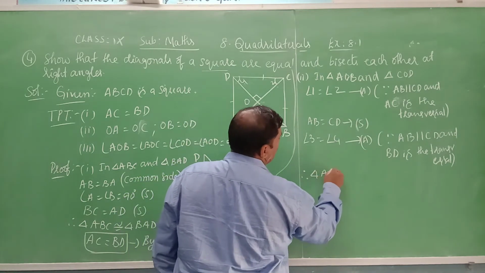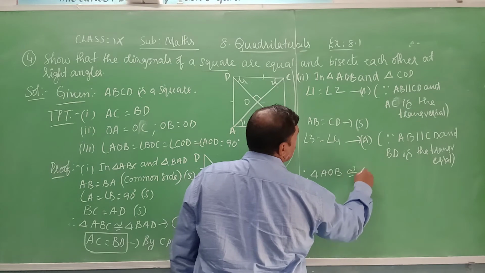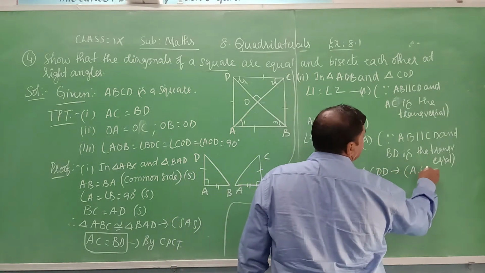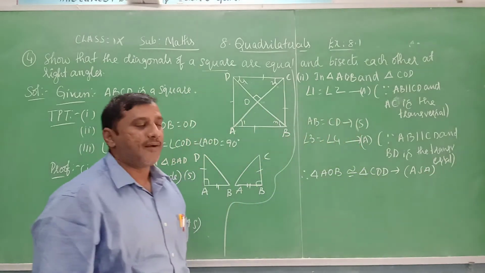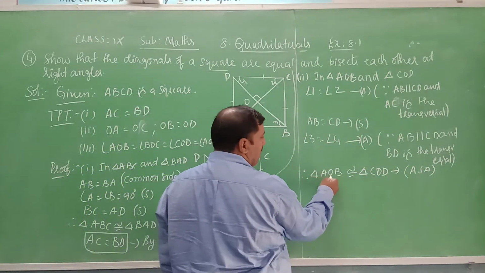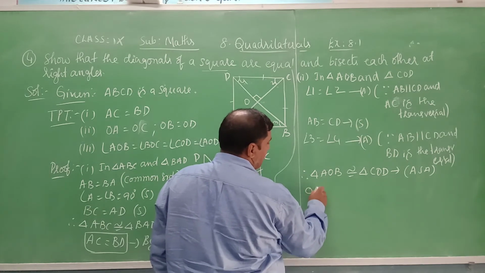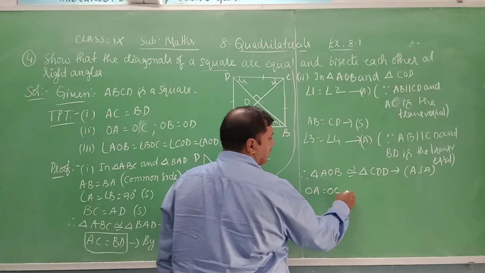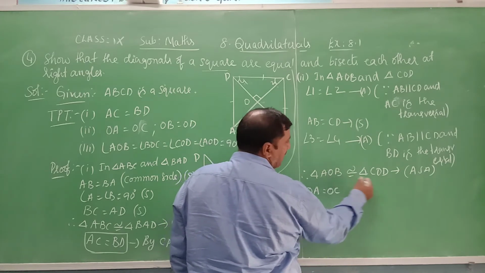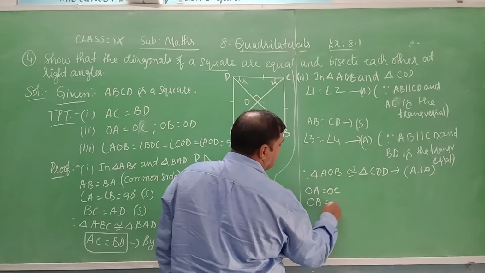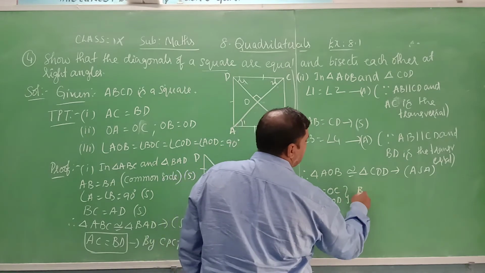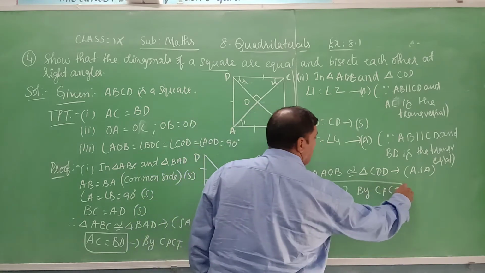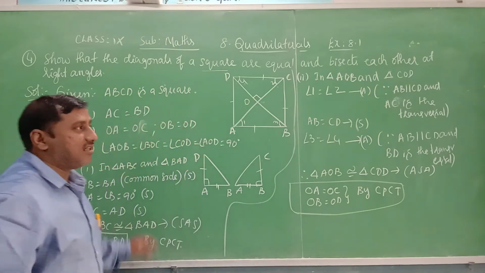Therefore, triangle AOB is congruent to triangle COD by which criteria? ASA congruency criteria. Now from this you see AO or OA, first two letters, OA is equal to OC, first two letters. And next two letters, OB is equal to OD. How? By CPCT. That means the two diagonals bisect each other. The two diagonals are